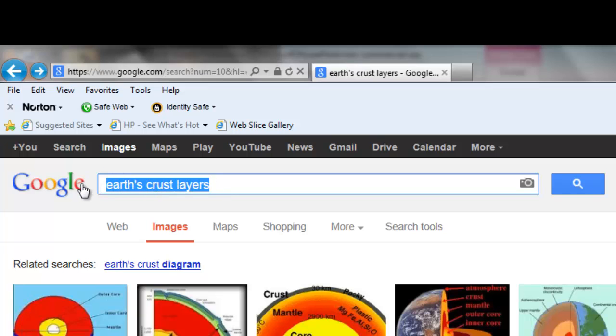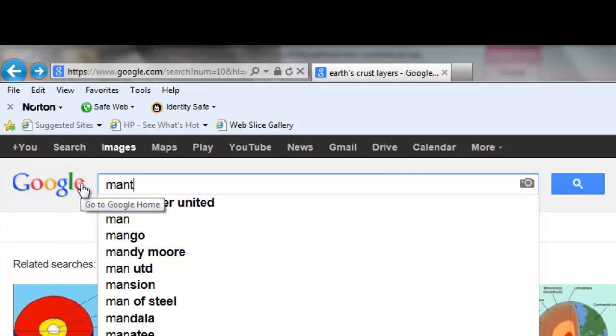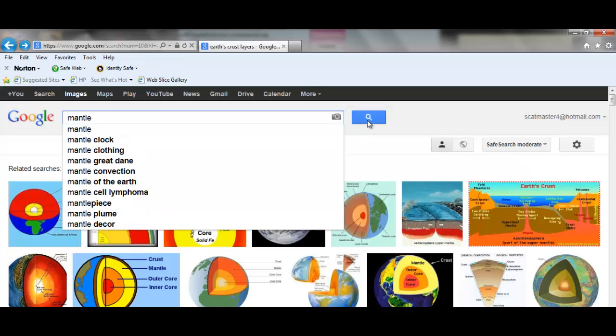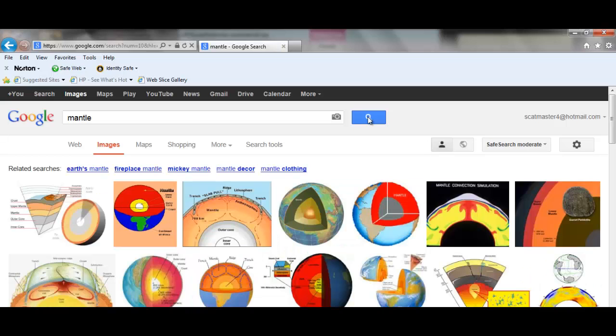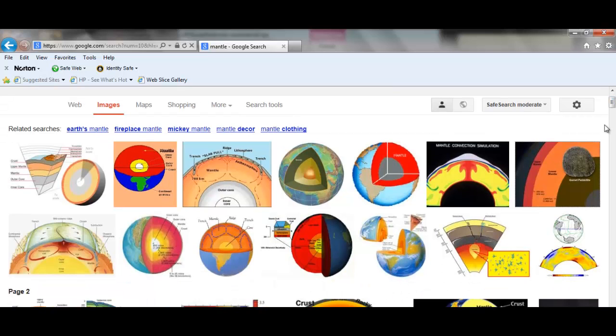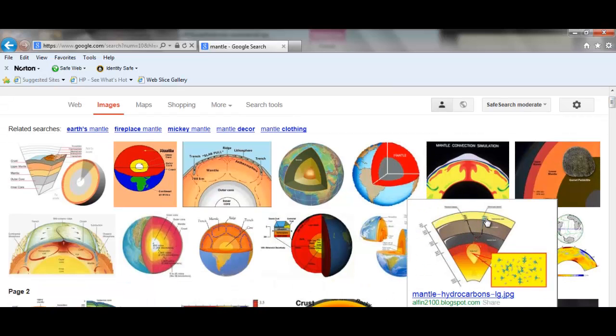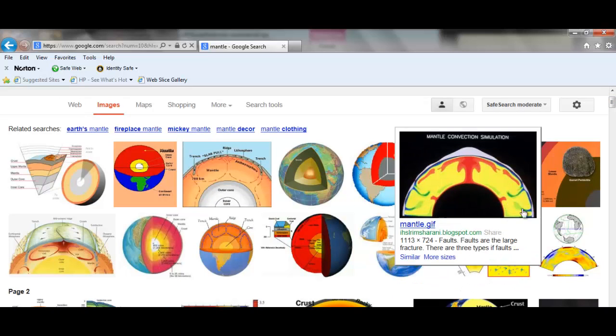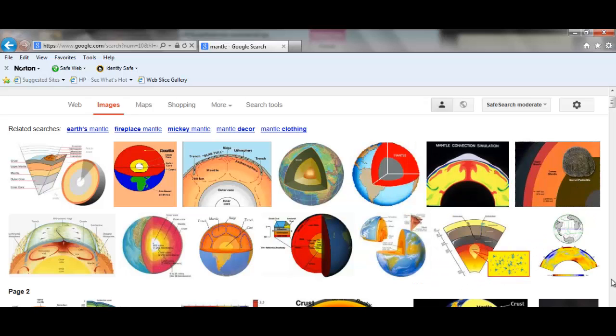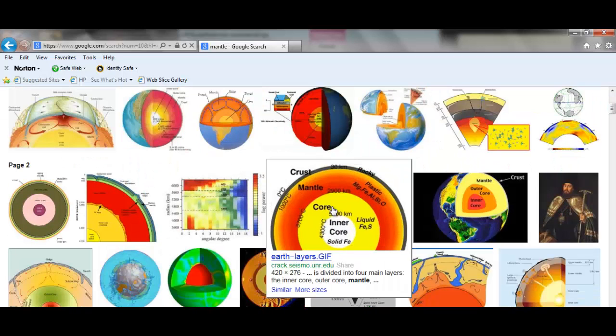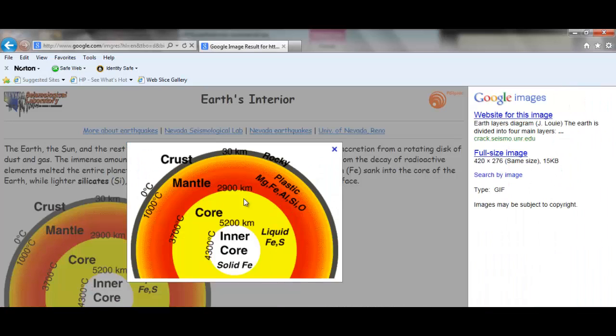I'm going to change my search and type in mantle, and I'm going to press this magnifying glass, which means it's searching. Now I can scroll through my pictures and find which picture I want to use. If I find the picture that I want to use, I'm going to just click on one to show you. I'm going to click on this picture, and it will open up a website, and you'll see the picture in